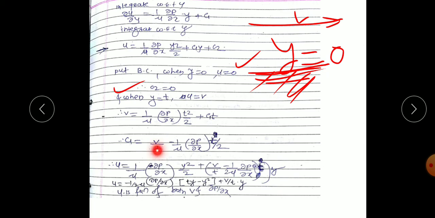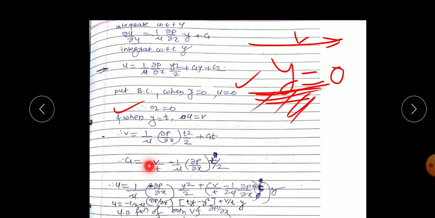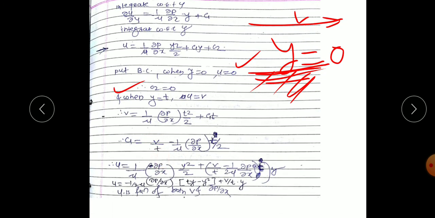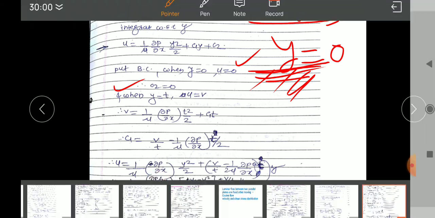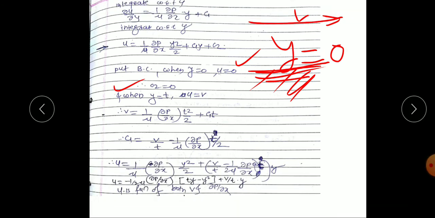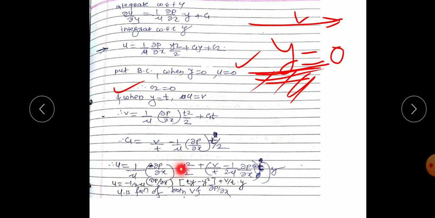So taking the constant here, 1 by mu is constant, 2 is constant and dp by dx here also dp by dx. So taking the constant out in the bracket, here remaining is ty and here remaining is y square. So this is a negative, taking again dp by dx negative 1. So we take ty here, first minus is there and minus minus y square is positive here.